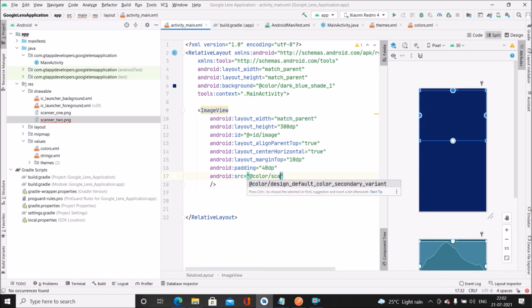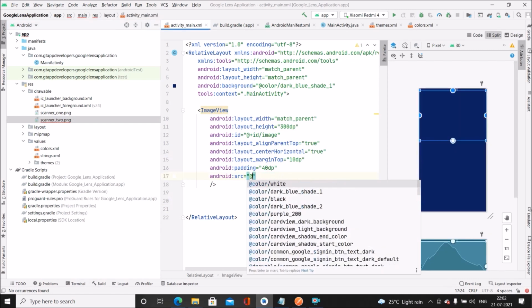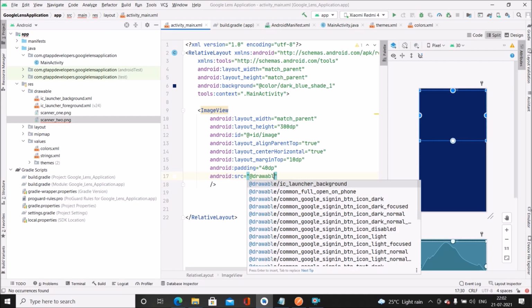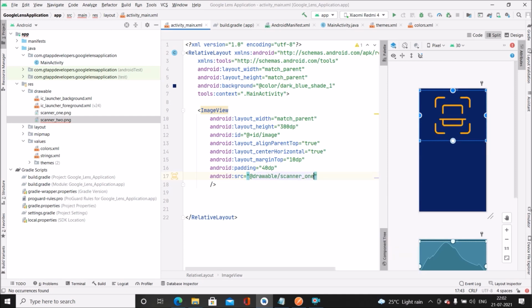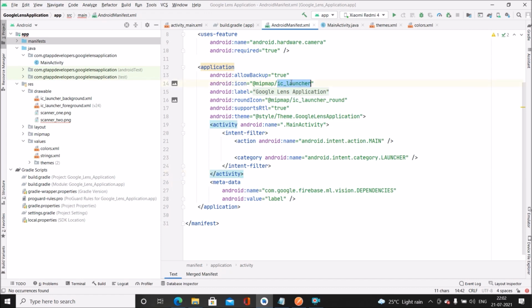And here we will change the source icon. As we are using white, so we will be changing this one, and in place of the logo we are using the yellow one, so we will change that one to scanner 2.